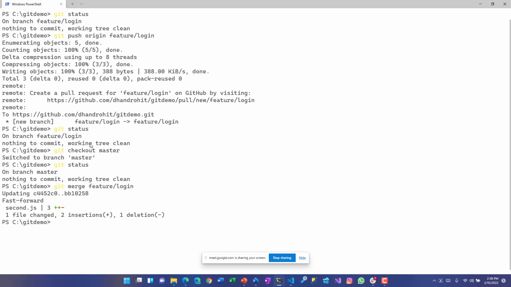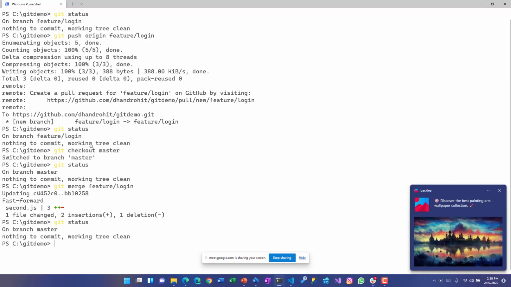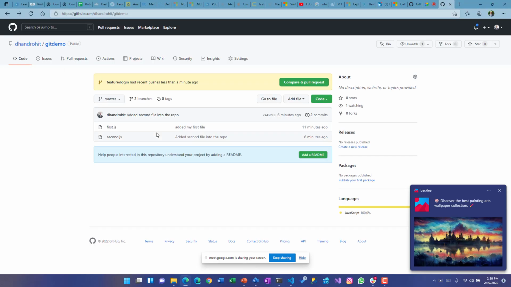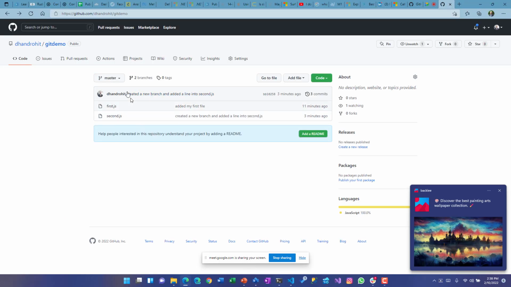Now once I do that, everything looks fine because all my branches were perfectly in sync. It all looked good. If I do a git status on branch master, now the only thing which I need to do is, because I made a merge onto local, I would just use push to push it to GitHub. Push that, looks good. It's pushed, go back, refresh this. So my master, and I have a feature.